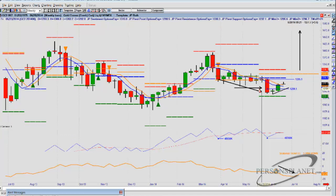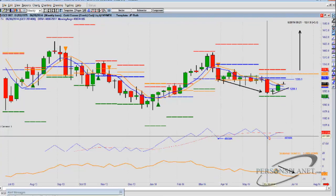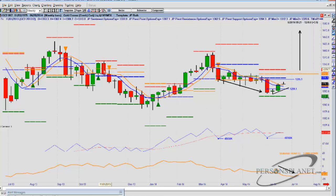So now we have a situation where we have lower closing lows from this week to that week, but we have higher readings in on-balance volume. So if we're entering a seasonally strong period of time and gold has gone down on light volume on a higher degree time frame, which is a weekly basis, we can probably assume, just like over here, the same thing kind of happened. Gold went down all this time period,